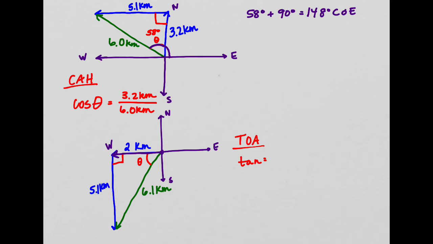So tangent is our opposite. So the opposite of our theta is 5.1 kilometers divided by the adjacent, which is 2 kilometers. And when I plug in, this is tangent of theta. I always forget to write the theta here. There we go. So if I plug that in, 5.1 divided by 2, I get that the tangent of theta is equal to 2.55. Then I need to take the inverse tangent of both sides. And when I do that, I get that theta is equal to